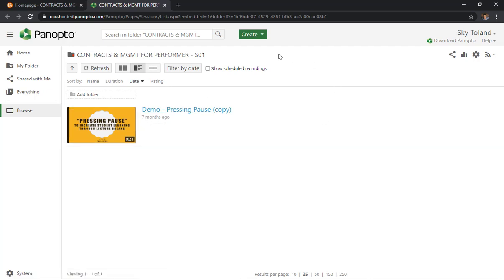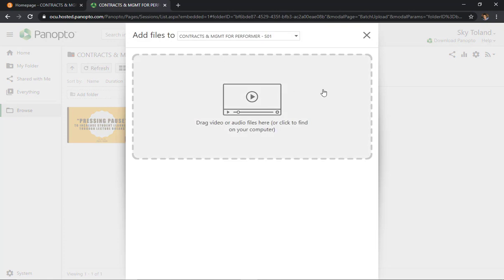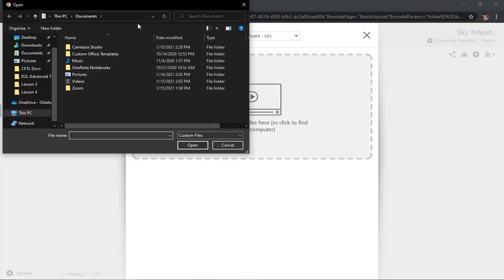On this page, you're going to want to go up here to the Create button and click that, and then scroll down here to Upload Media and click. On this page, click anywhere within this big box, and it should bring up your Documents folder or your File Explorer folder, whatever one is your default. At this point, you'll need to